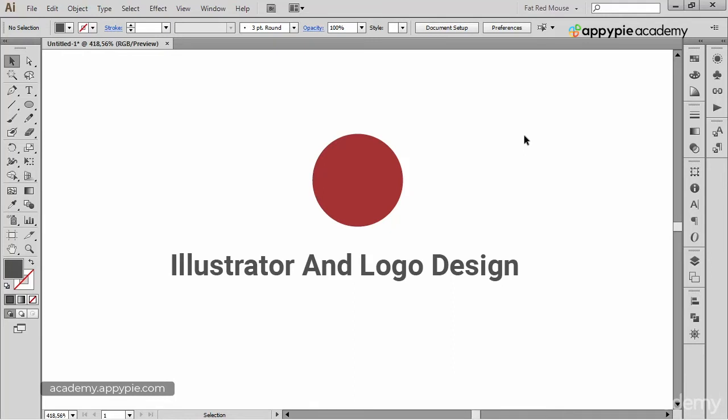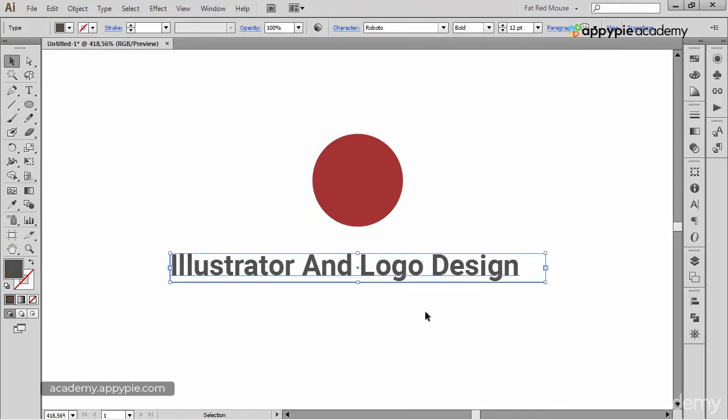So the technique I am talking about concerns aligning some symbol or an object and the text. Like in this case, I have a dramatically simple logo design, but the point here is not to make the design beautiful, but to show you how you can make the text appear like it should when you'd be handing the design over to a printer or the client, but at the same time